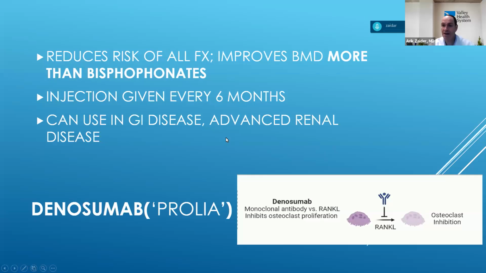Okay, let's move on. That's Fosamax. Now, how about Prolia? So Prolia, you may have heard of, you may have seen it mentioned in the doctor's offices. It's an injection. So again, those patients who can't tolerate Fosamax because of GI stuff, or those patients who can't take Fosamax because of kidney issues, Prolia is what's offered next. It works in the same way. It prevents bone from being broken down, and it's given once every 6 months as an injection.